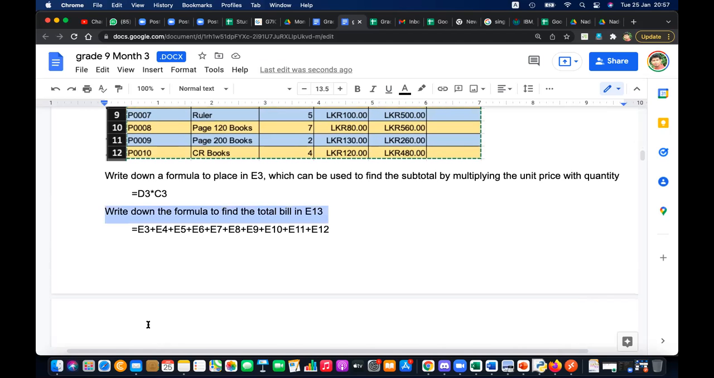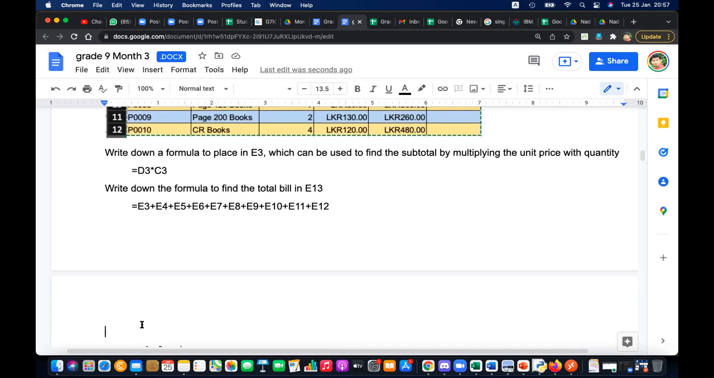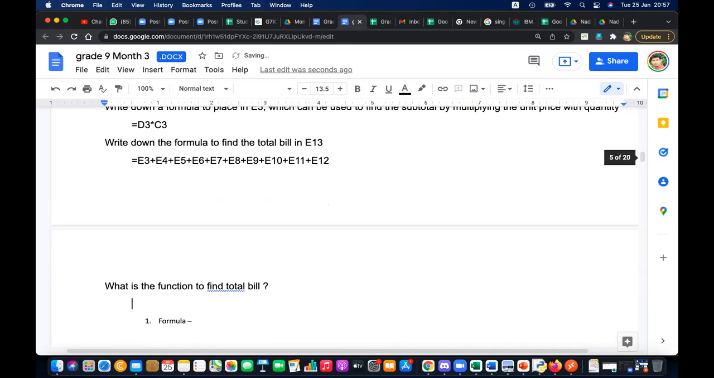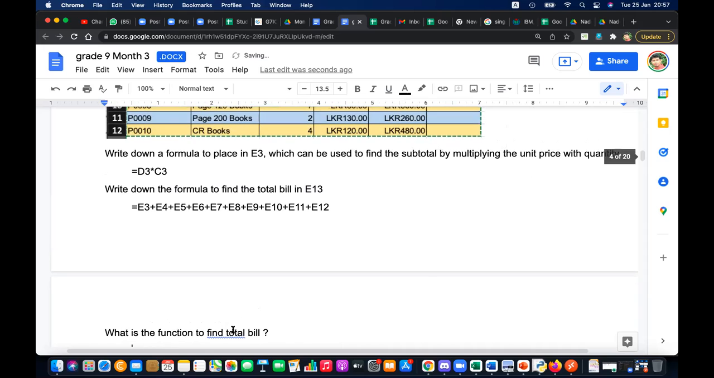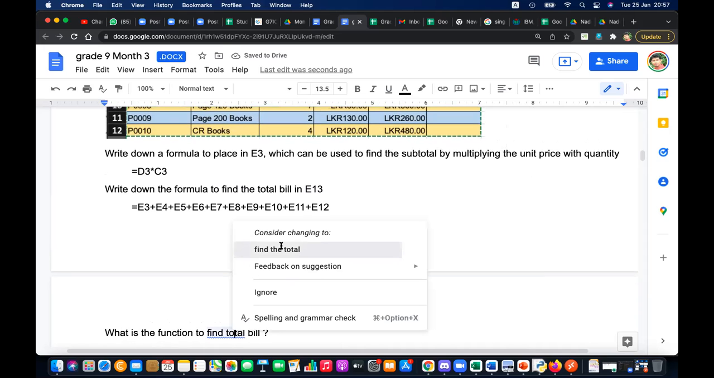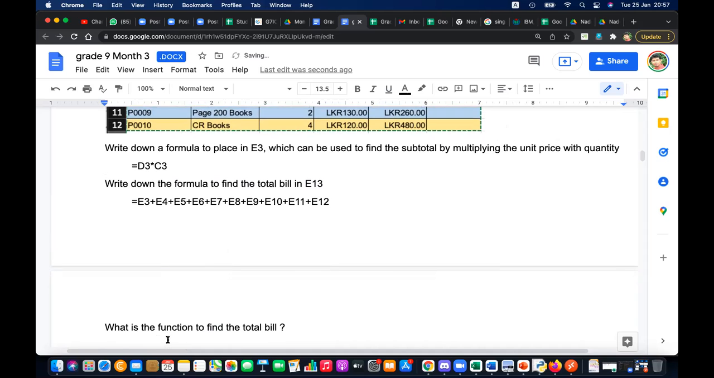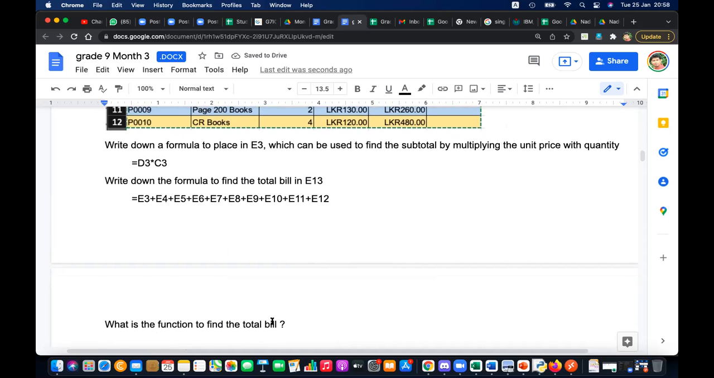Okay, what is the formula? What is the function? Please write down, what is the function to find the total bill? What is the function to find the total bill? Yes, what is it? Yes, that is